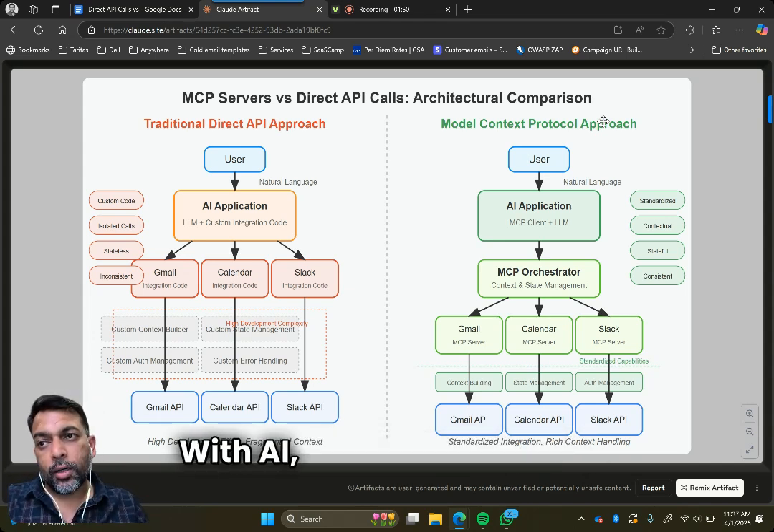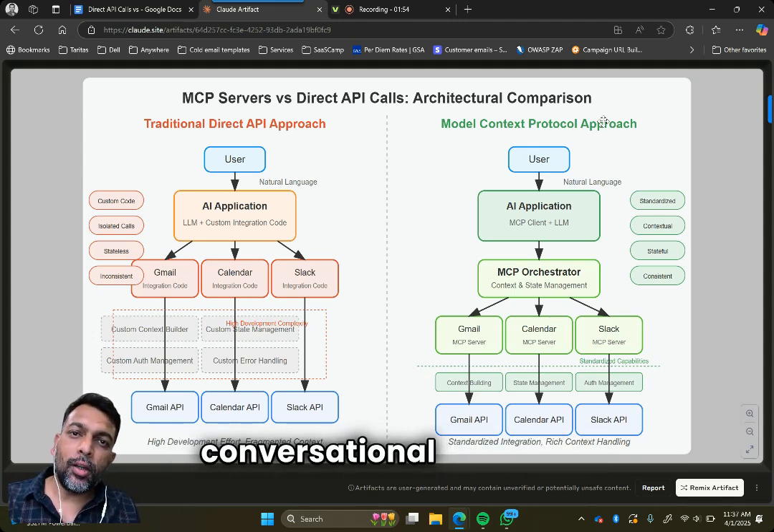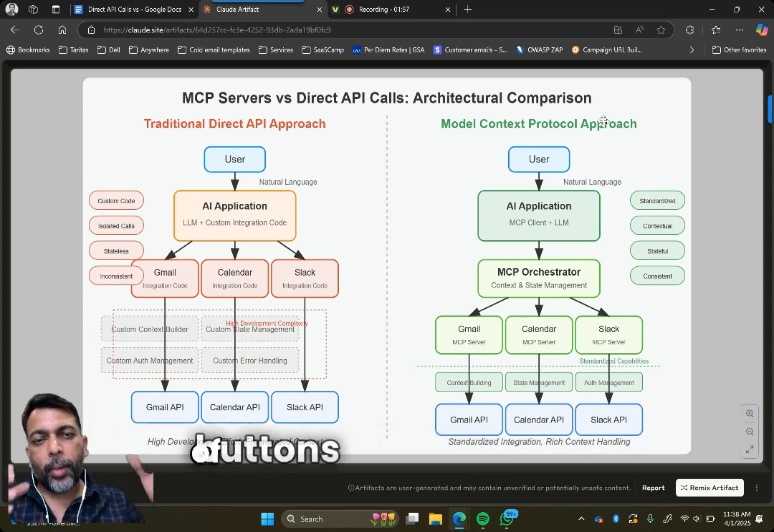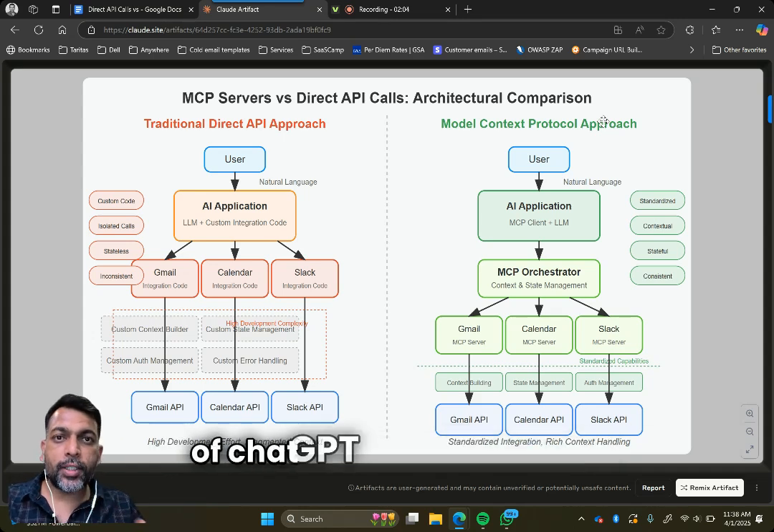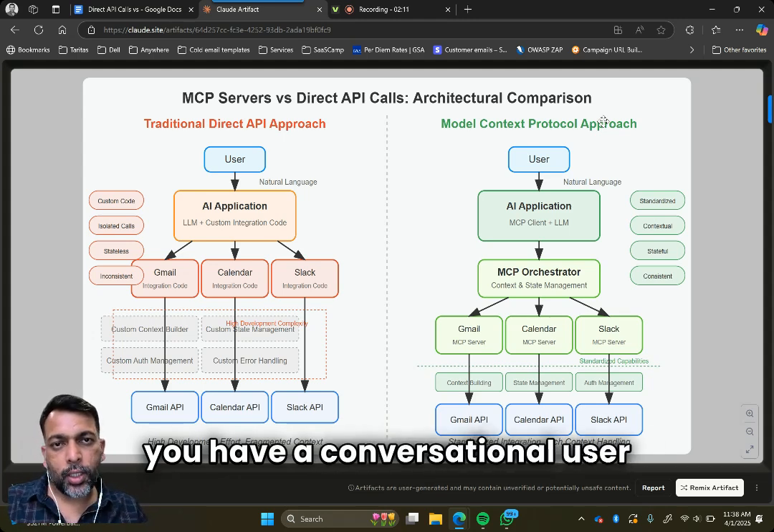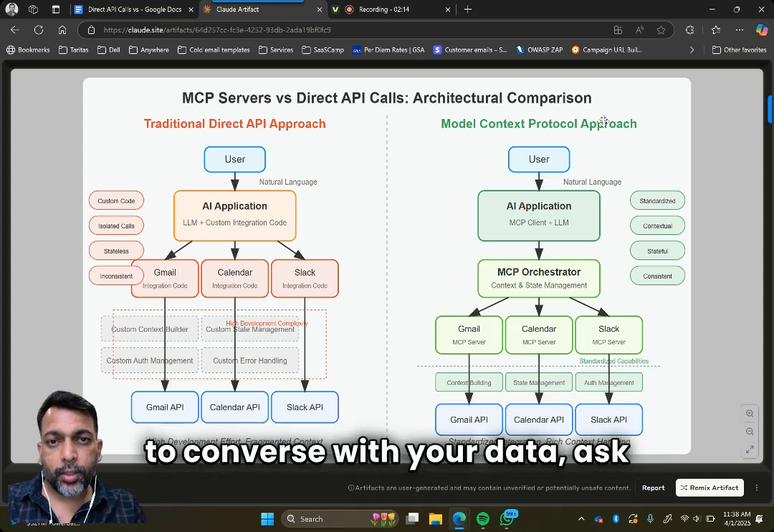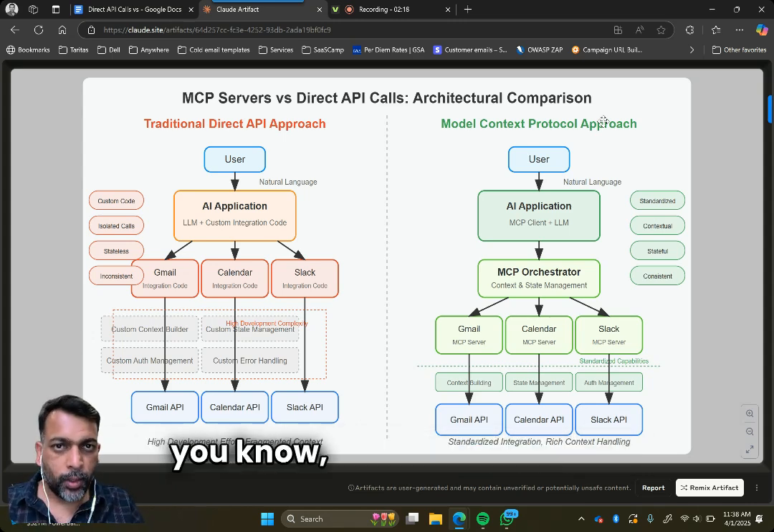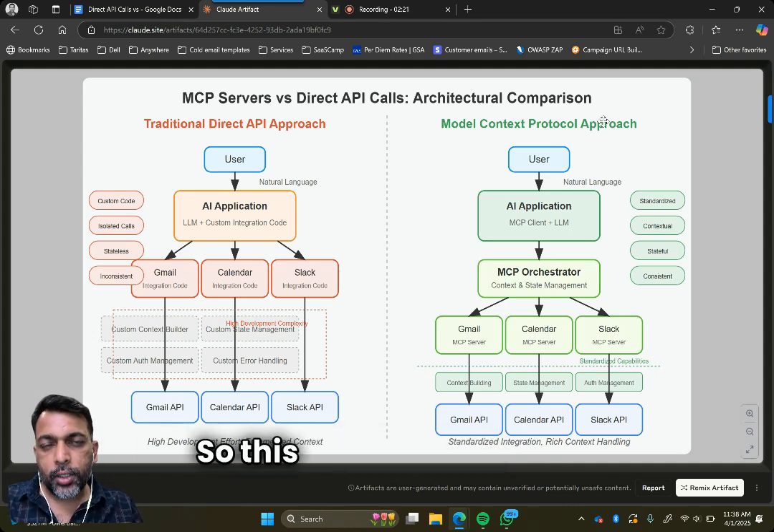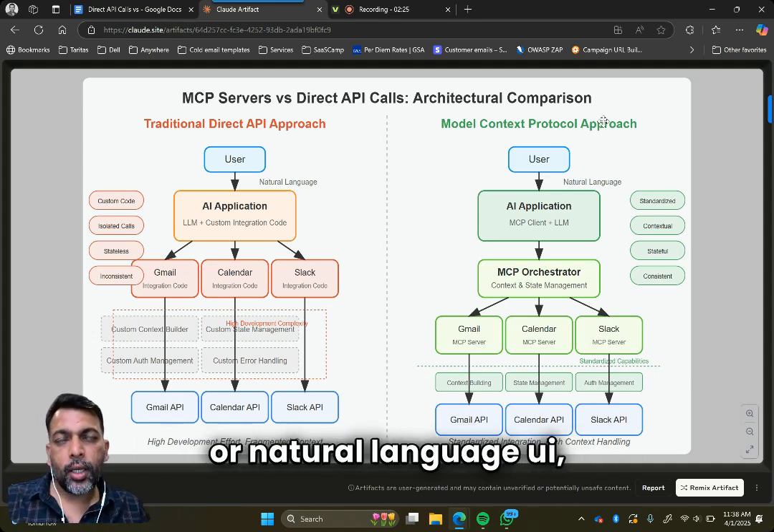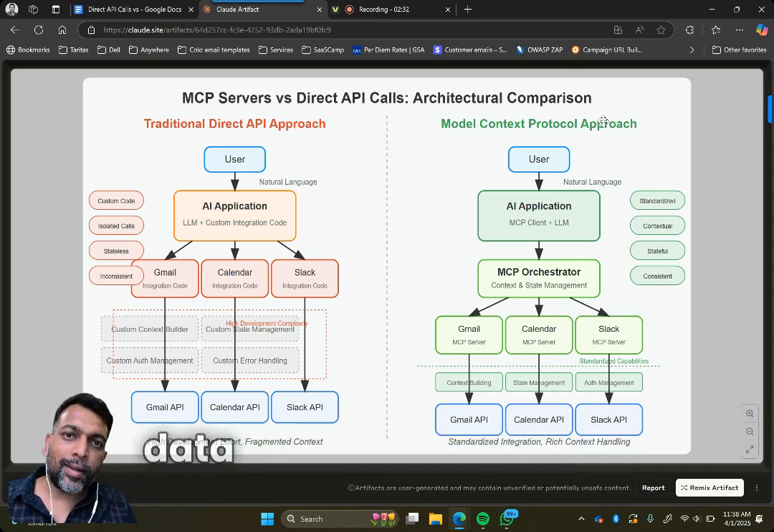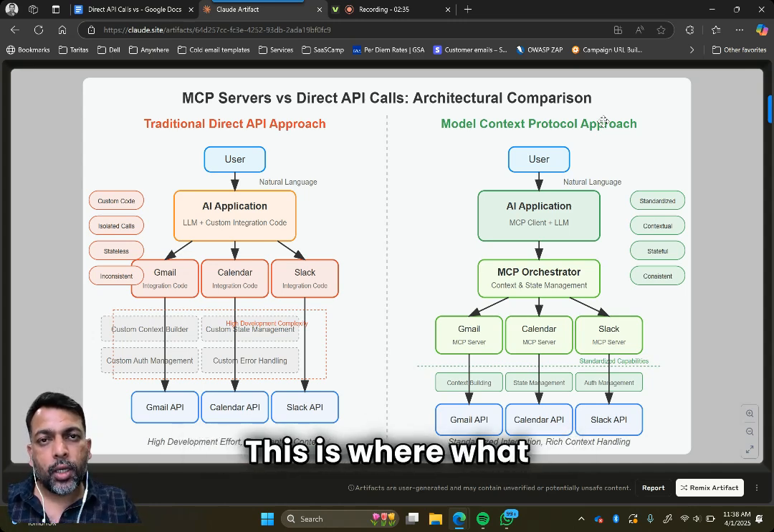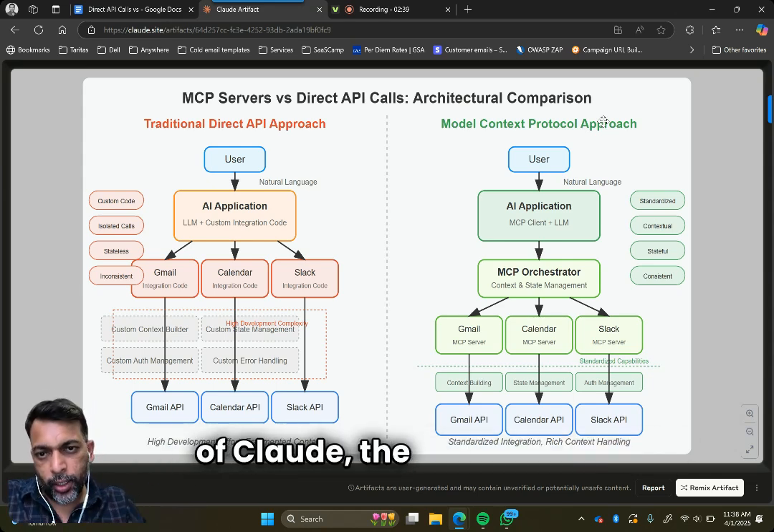With AI, the new UI is either conversational or voice. You will see less and less of buttons and text boxes and grids and paginated items. Perhaps you will see a lot of ChatGPT-like interface, Claude-like interface, wherein you have a conversational user interface wherein you are able to converse with your data, ask it questions and get the results back instead of having report builders or stuff like that. So for this conversational UI or natural language UI, the REST API standard to connect with the underlying data sources does not fit. This is where Anthropic, the parent company of Claude, the AI, came up